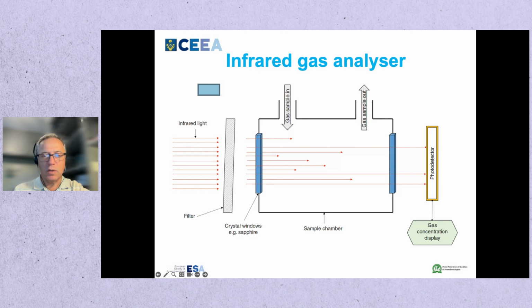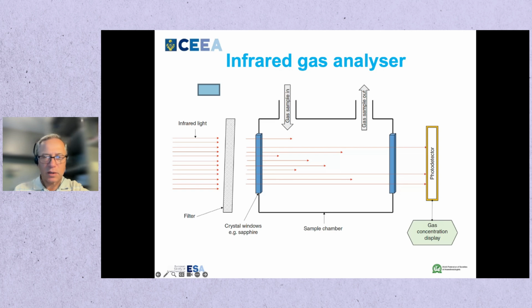This is also known as the Luft principle. Each gas absorbs radiation at a particular wavelength, such as 4.26 nanometers for carbon dioxide. In the infrared analyzer, infrared radiation is emitted by a hot wire here on the left part of the screen, and the frequency of the infrared required to measure concentration of a particular gas is obtained by passing the radiation through a filter. The infrared radiation then passes through a crystal window into the sample chamber that contains the gas